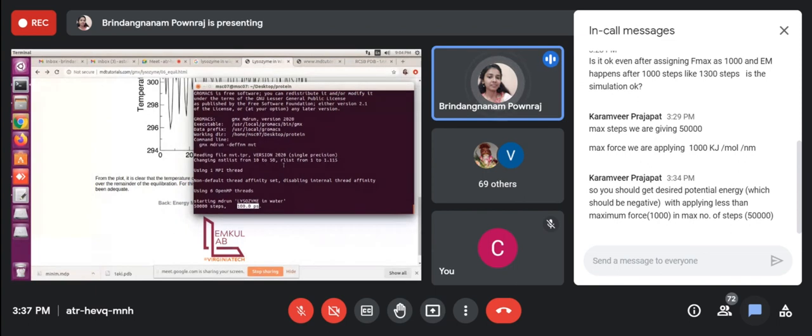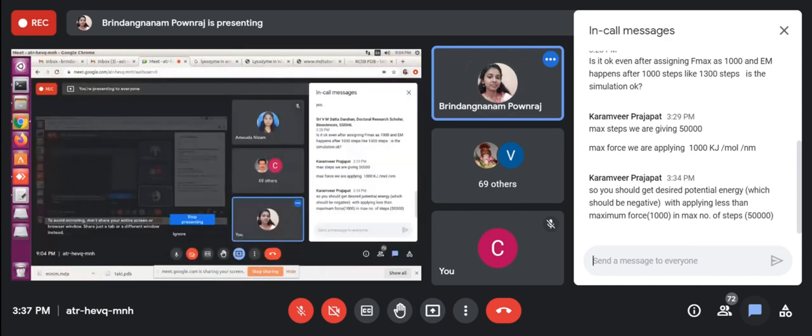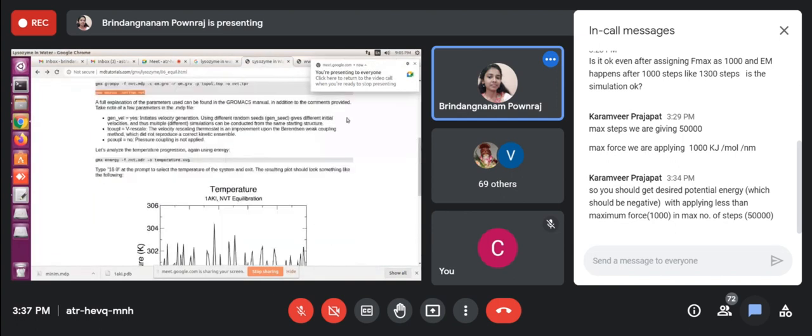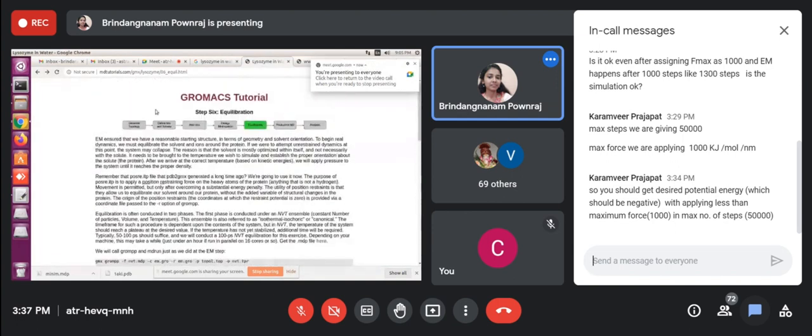Till now, if you have any doubt, you can ask. Is that clear? So I'm repeating again. First, we are generating the gro file, means generating the topology also we can tell.